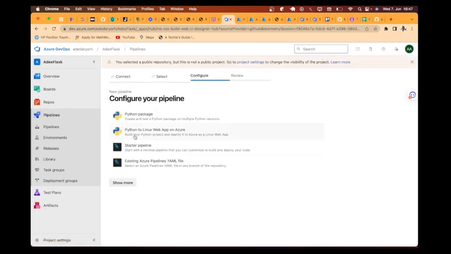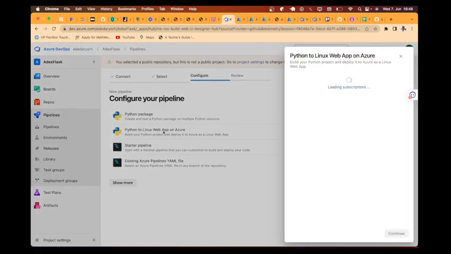Once you select the particular project, you can select a starter pipeline, or maybe you have an existing pipeline. I will select this Python Linux web app because the virtual machine I'm using is Linux, and it's a Python web app application. If I select this, it will prompt me to select my subscription. This is the subscription I'm using. If I continue,